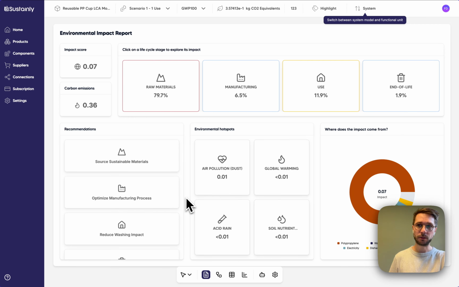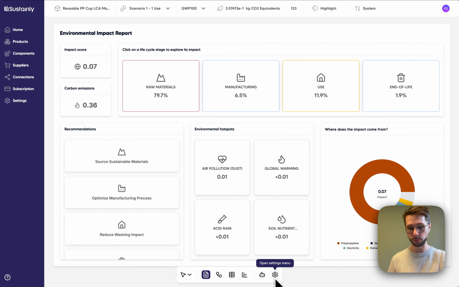Another very typical example is you have the raw manufacturing output for an actual production site. So you know that your factory uses X amount of electricity, X amount of material input, and so forth. Instead of modeling all the nitty-gritty details, you can actually just take the input and say the output here is X amount of products. So we modeled a plastic cup here, but instead you could model the factory and then scale it down to the amount of plastic cups. And it's super simple to do this.